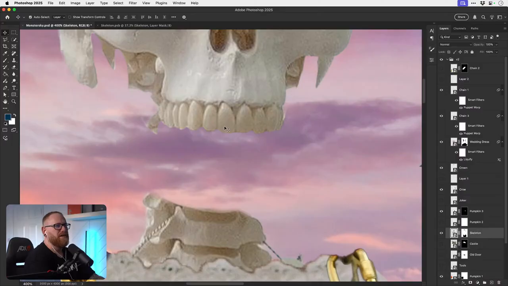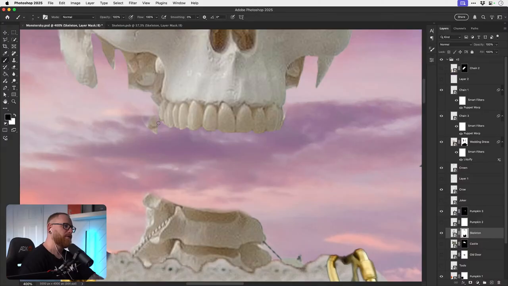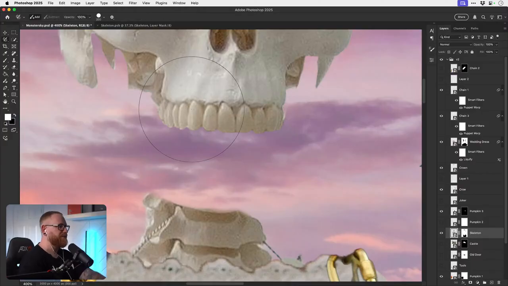And do we give him saber-tooth teeth? Why not? We've got some good teeth there. We'll just borrow one. Maybe one of these little gnashes here, or maybe this one.